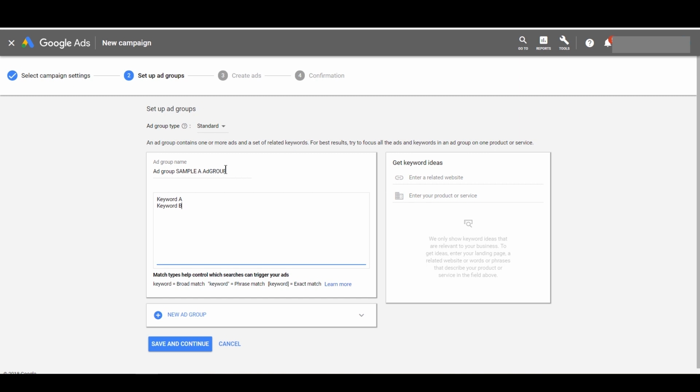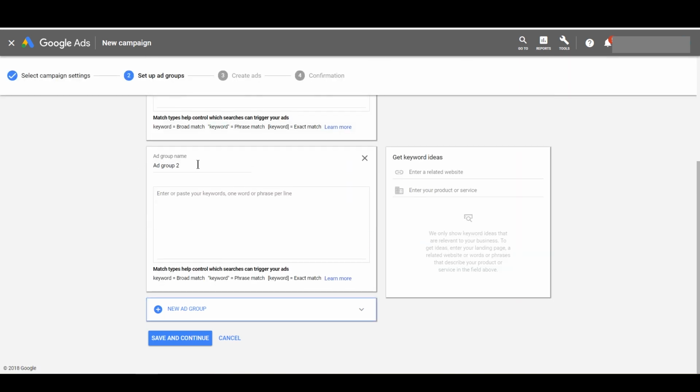So you can create sample ad group A, and we can create sample ad group B. Sample B ad group, and then we can also put our various keywords 1, keywords 2, and we can then create another ad group if we wish, but we won't, so let's go save and